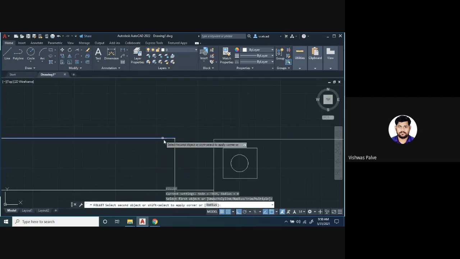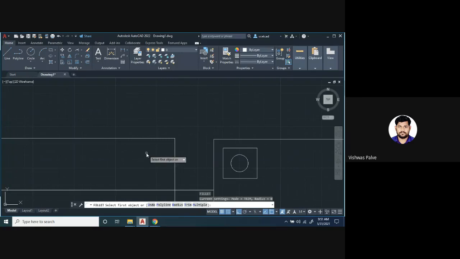Then if I select the first edge and second edge, no fillet will be there. Why? Because we have not specified the radius. The radius is 0. That's why you are not getting the fillet. Please note it down, because this is the point where students make a mistake. Whenever they are practicing the fillet option, they regularly ask why the fillet is not showing on the screen. I'm using the fillet option, F enter, but still it is not showing. So what we have to do is give some radius to the fillet.